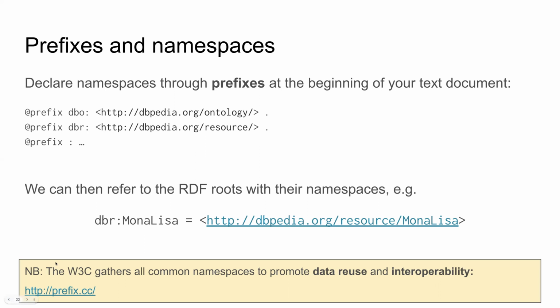Now, notice that the W3C consortium, the web consortium that we also saw in the earlier videos about the main reference for RDF, tries to gather all common namespaces. This means that lots of people over the years have been using the same namespaces over and over. And in order to promote data reuse and interoperability, the W3C has decided to collect all these namespaces and the prefixes that are often used